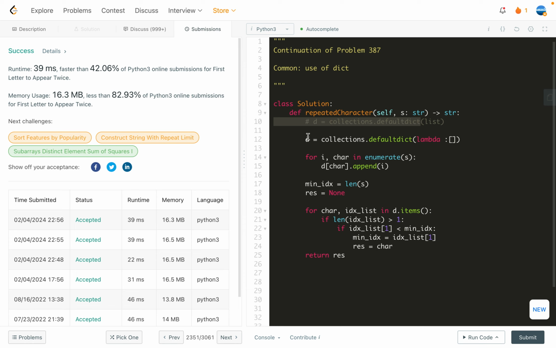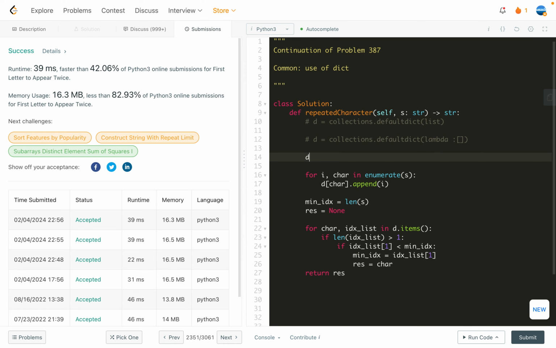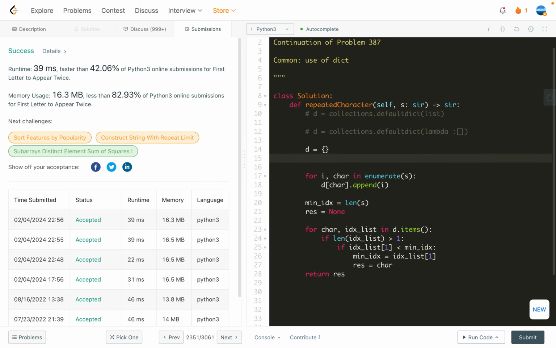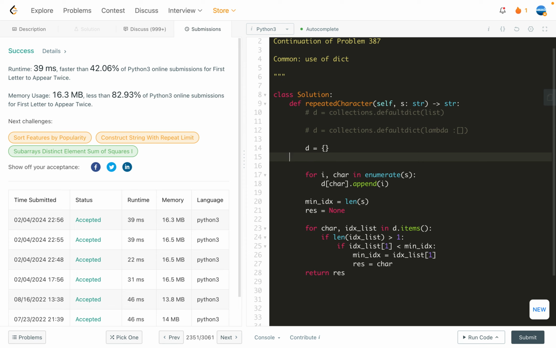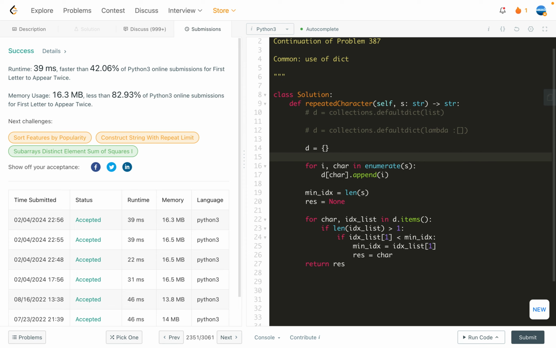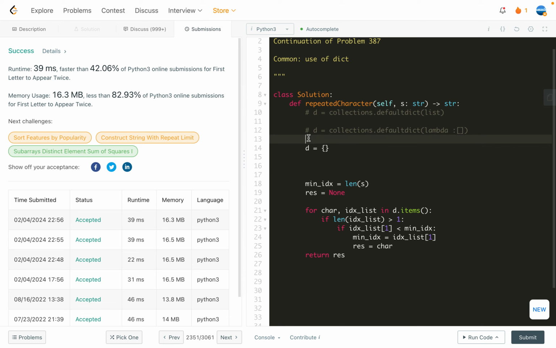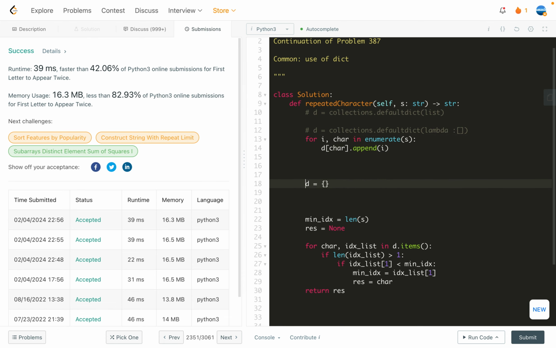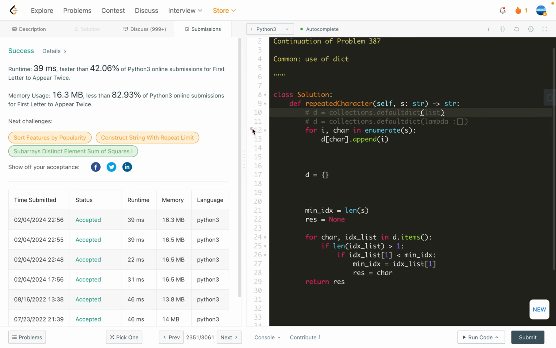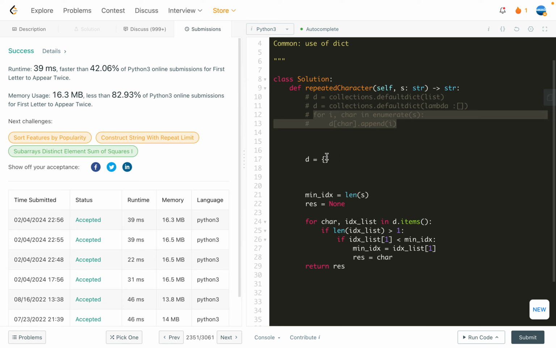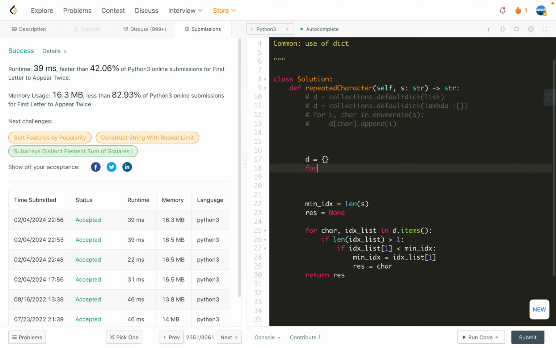So another way, if you're not very familiar with this way of coding, you can do a vanilla thing. So you initialize a dictionary, right? Then you do iteration. I'll call this one here, because this for loop is associated with the above two operations of initializing d. So here I'm also commenting this out. So I'm going to do this one from scratch. So for i, character in enumerate